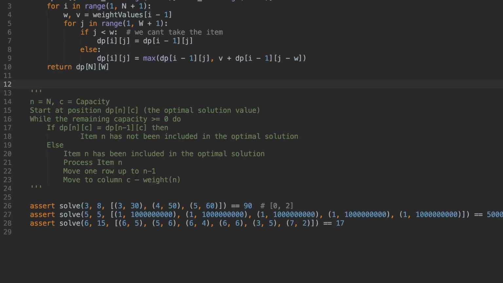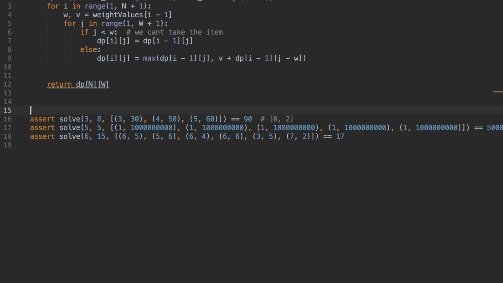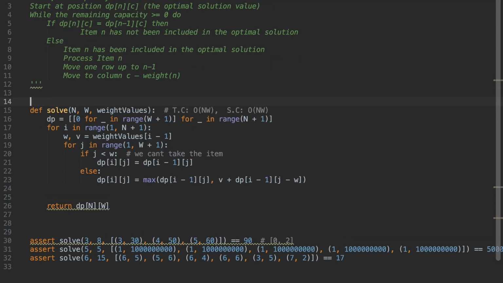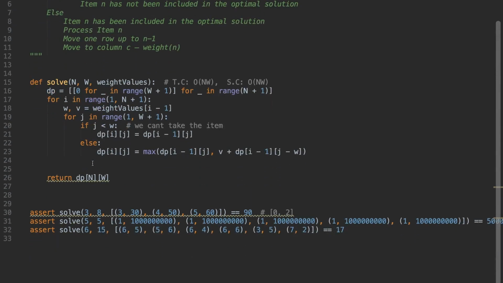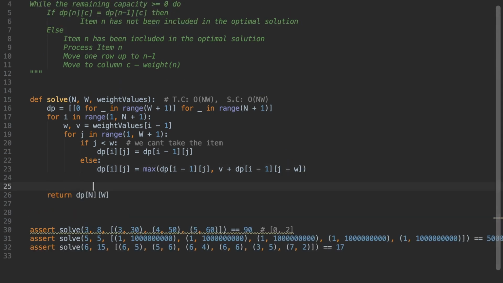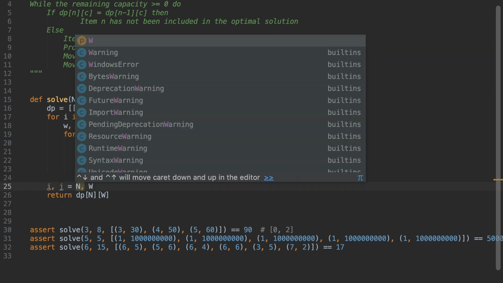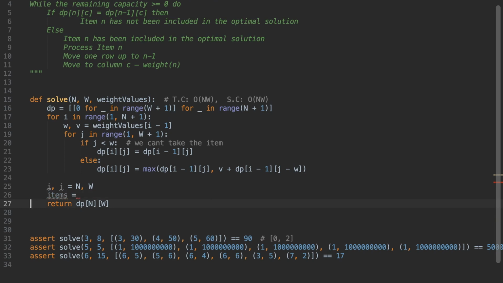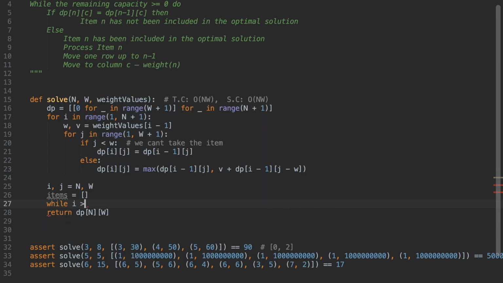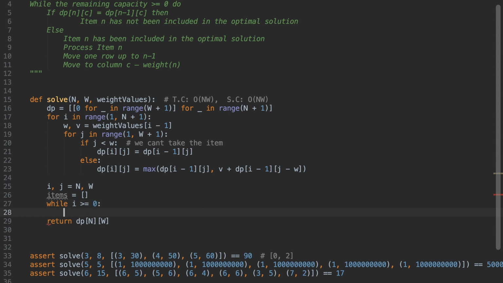Okay, so now let's apply the pseudocode that we just came up with. I typed it here, which is the same thing we mentioned, and I'm just going to apply it. So first, we need to initialize our i and j values. They start out as n and w, and we need a list in which we can put the optimal solution. And now, while we haven't explored all items,